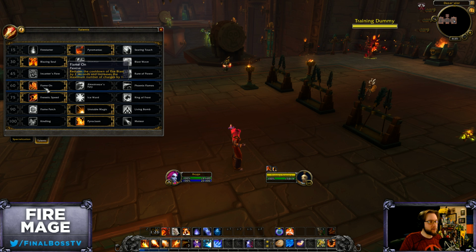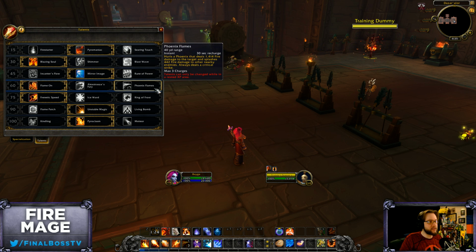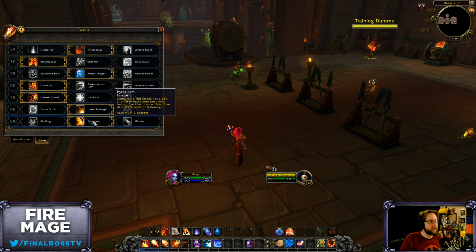window, and this works better with Flame On, because obviously Phoenix Flames has no synergy with this at all, but Flame On is fun with that, because you can hard cast your pyroclasmed pyro, and if you have one stack of heating up going into it, then you can one fire blast and do the double pyroblast combo right there. And then because you ate the heating up after the pyroclasmed version was cast, it counts as you eating that charge. So hopefully then, if you get lucky enough and that pyro crits, then you're right back to